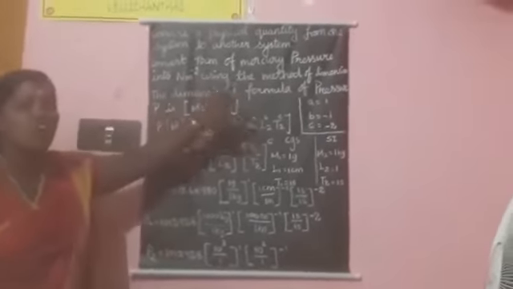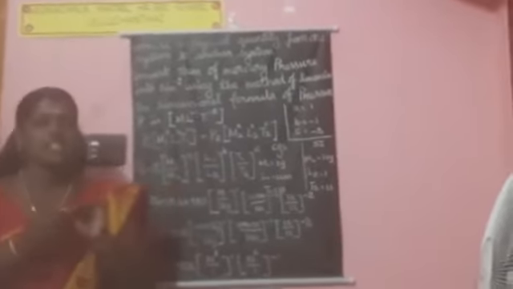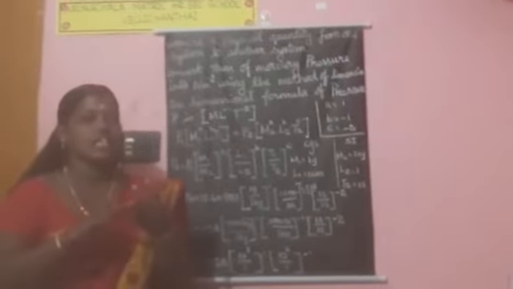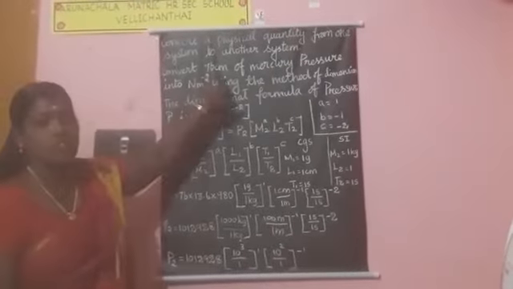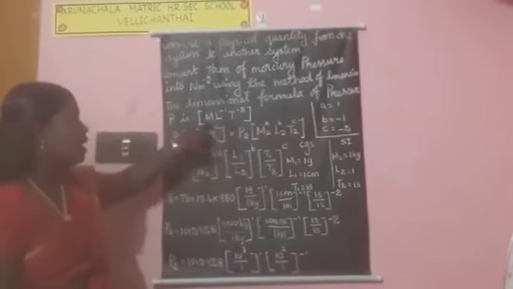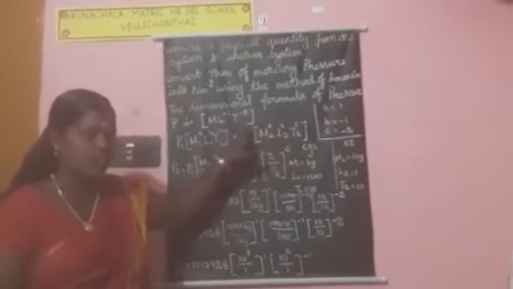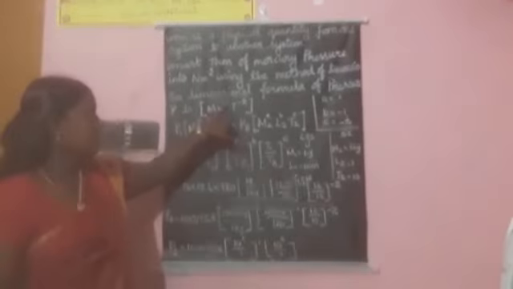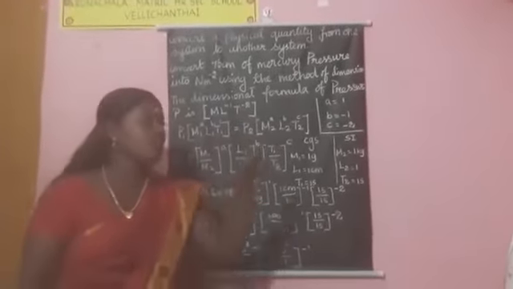The dimensional formula of pressure P. So already we learned the dimensional formulas of the 7 fundamental quantities, mass, length, etc. So here pressure is given, and pressure is denoted by P. This dimensional formula is M L power minus 1 T power minus 2. M for mass, L for length and T for time. So M power 1, L power minus 1, T power minus 2. So this is the dimensional formula of pressure.